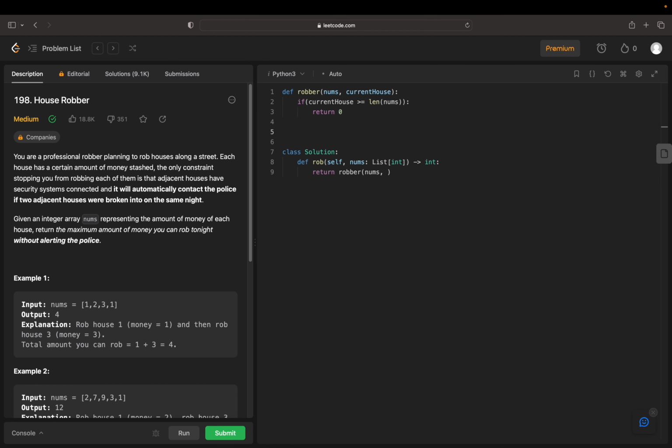Otherwise, we have two choices at a current house. We can rob the current house, and if we choose to rob the current house, we cannot rob the next house. So that is one condition. And another condition, we will skip this house and we will rob the next house. So we need to choose the max between those two values. So if we choose to rob the current house, then what will become? Either we have to choose this thing or